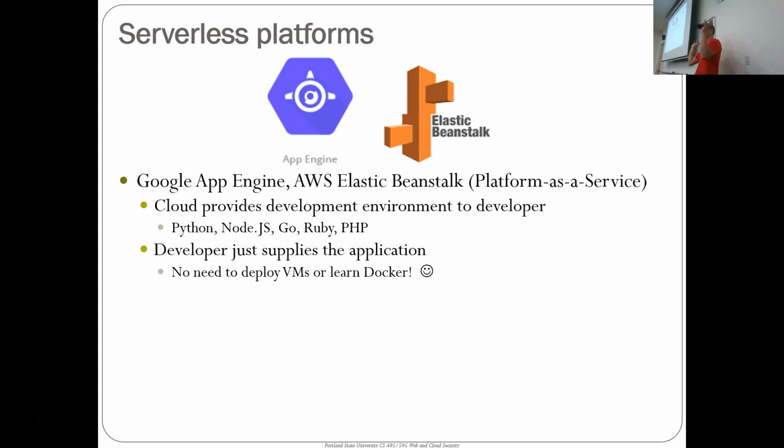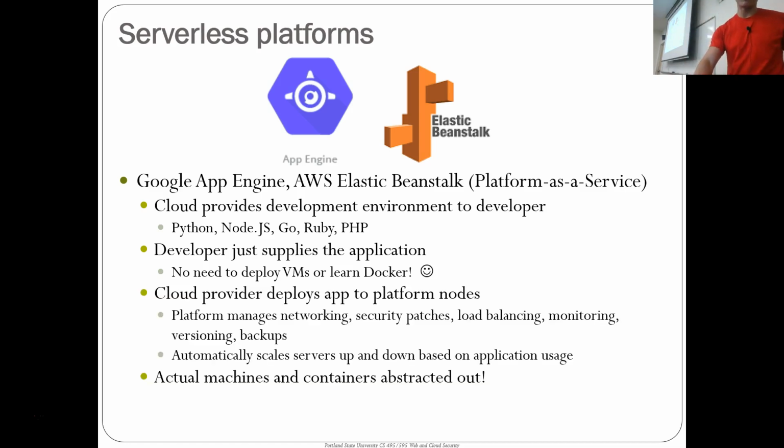the developer produces an app and then sends it to the platform, an entire app, and then the runtime just runs the app. What it'll actually do is automatically containerize your app and then deploy it on nodes in the cloud. The benefit of this is that there's no need to deploy virtual machines, and no need to construct your own Docker image, your own Dockerfile, right? It's just an app. The Docker container is actually being built underneath